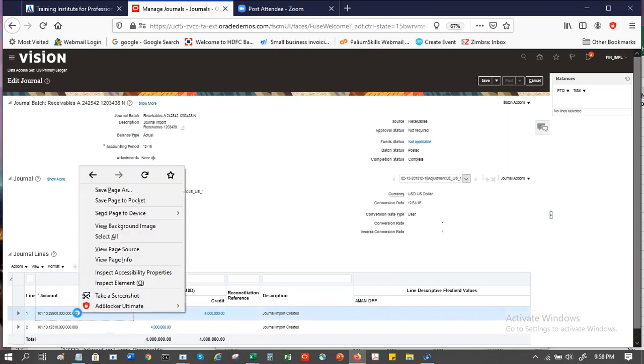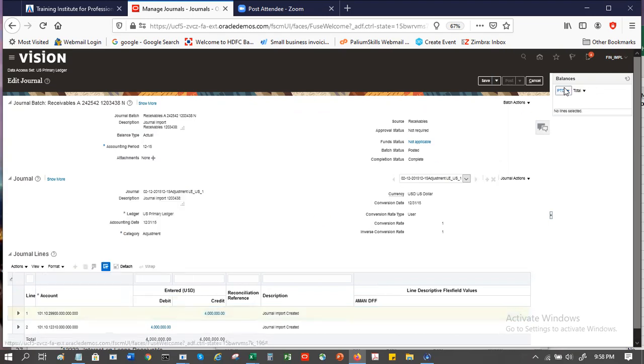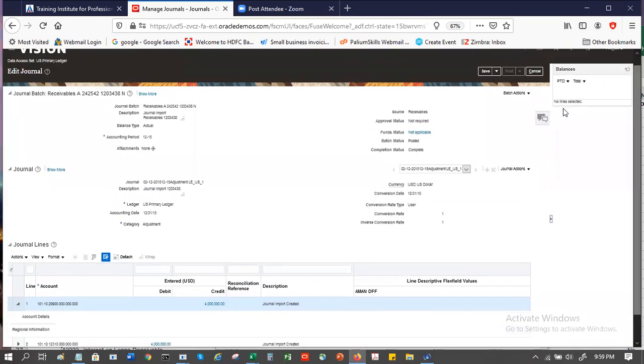If I have any particular value that I want to see, let's say I select the line here, the corresponding balances will show up here. So I can look at a QTD or a YTD balance against that particular combination. This is right there on the screen itself, so you know what is the beginning activity, what happened during the period, and what is the ending.